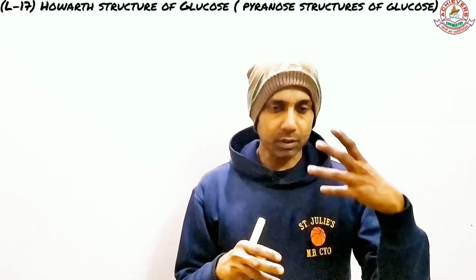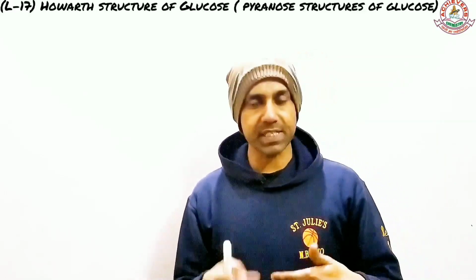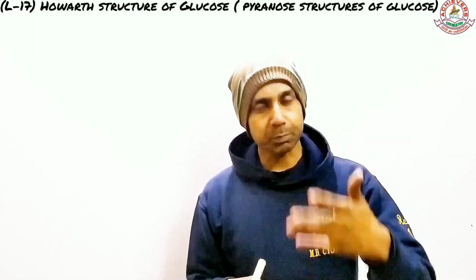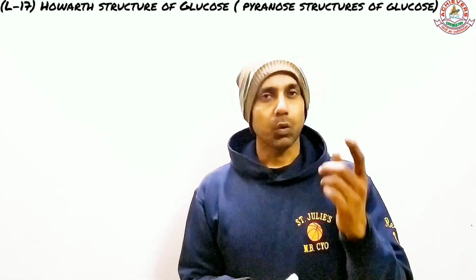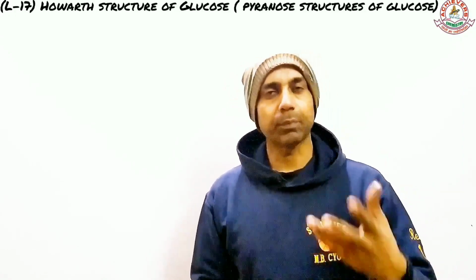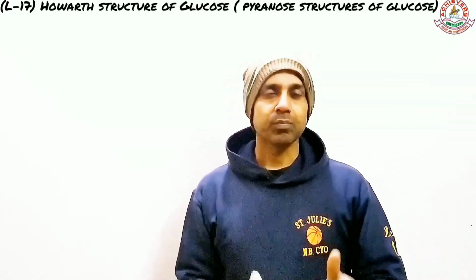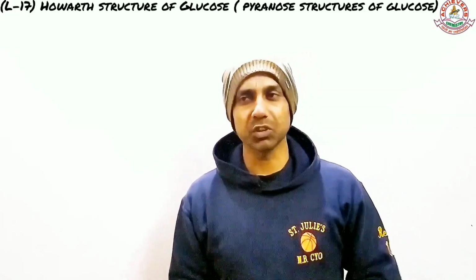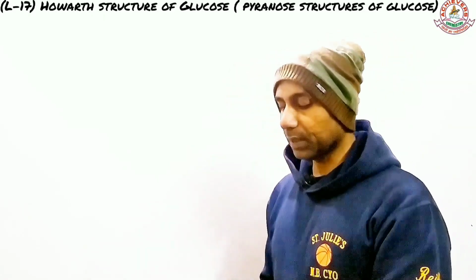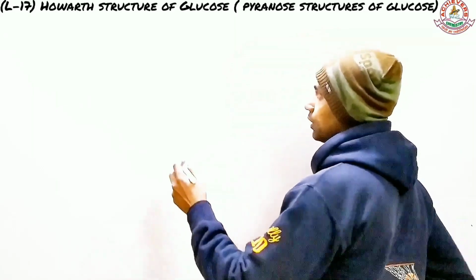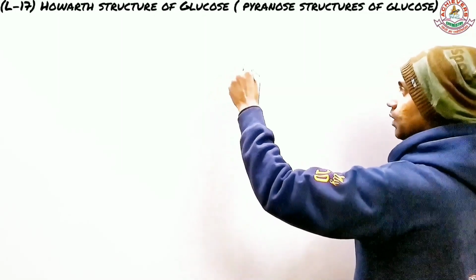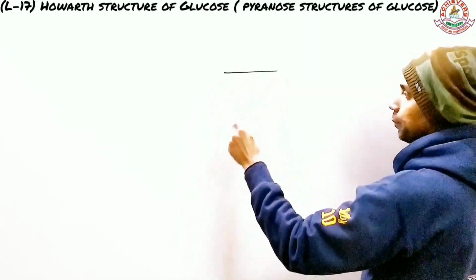Now, that cyclic structure, that hemiacetal cyclic structure of glucose is much better when it is expressed in terms of the Haworth structure. Why Haworth structure was discovered, why Haworth structure was developed, I'm coming to that, but before that, let me help you how this structure is made, right? So this is going to be again very short one and very useful one, and at the same time, very simple also. So a glucose molecule, as per the Haworth structure, can be represented, like if you remember, I told you that this should be represented something like